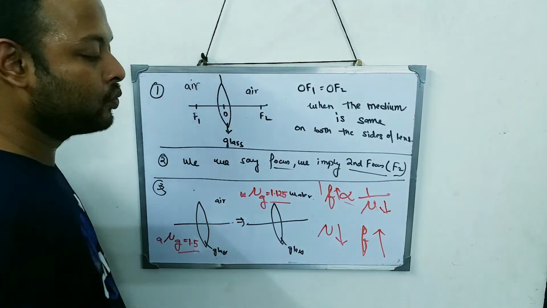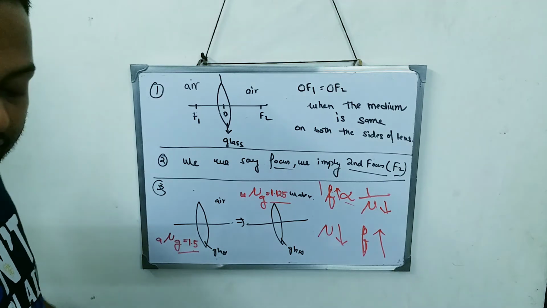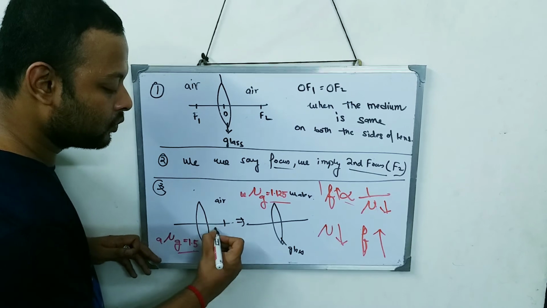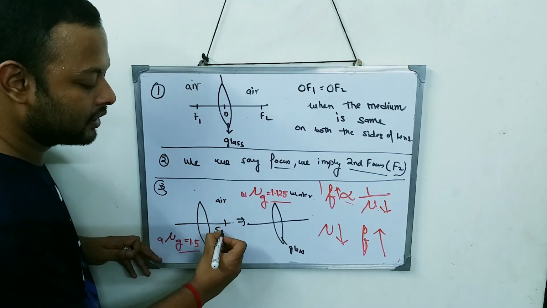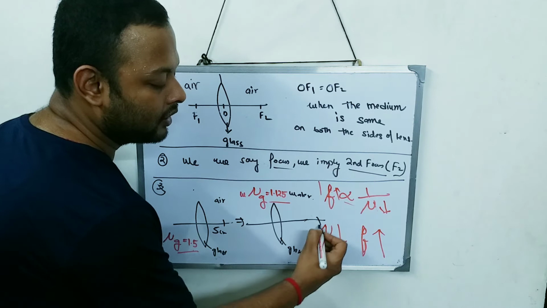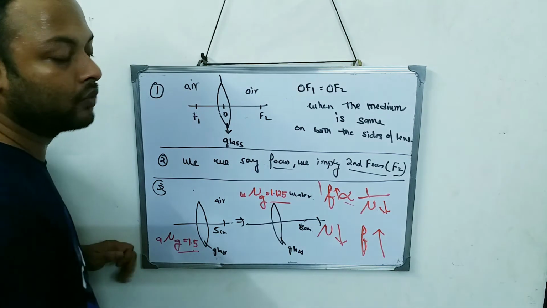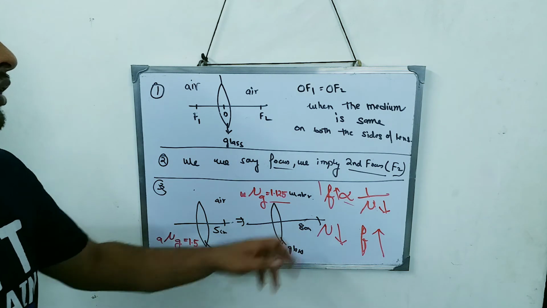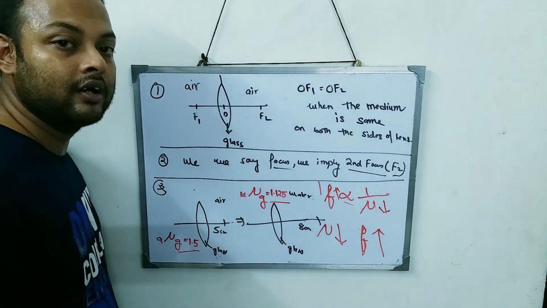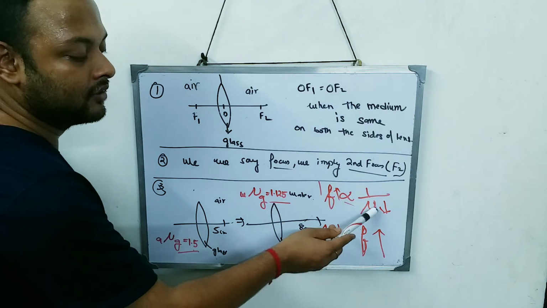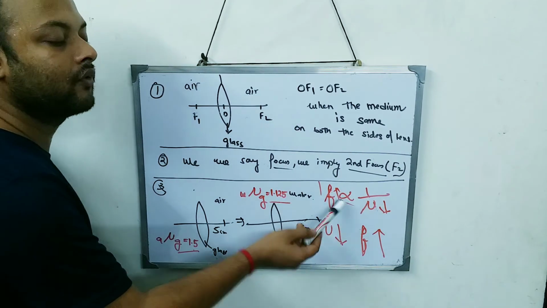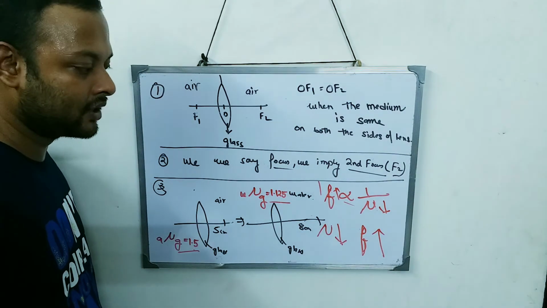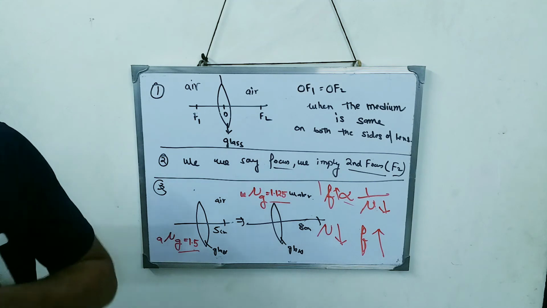So as we dip the lens in water, the focal length is going to increase. Previously, suppose the focal length was only 5 centimeter in air. As we dip it in water, the focal length becomes 8 centimeter. You can see the focal length suddenly increases as we dip it in water, because the refractive index decreases and the focal length increases. This part is not given in the book. I have just shared one extra piece of knowledge. I hope this is clear.